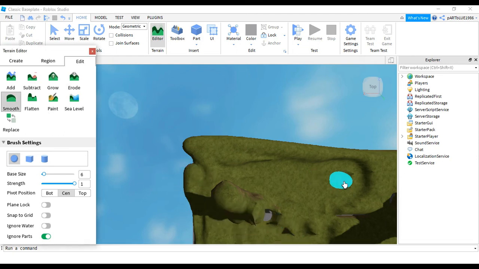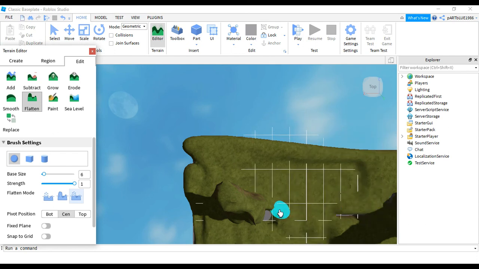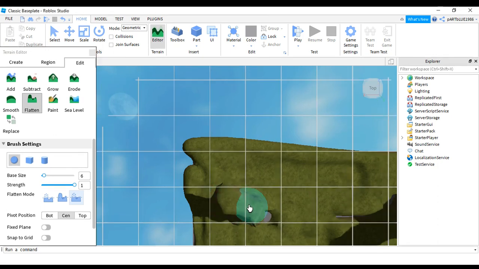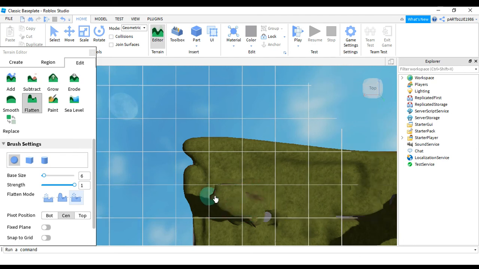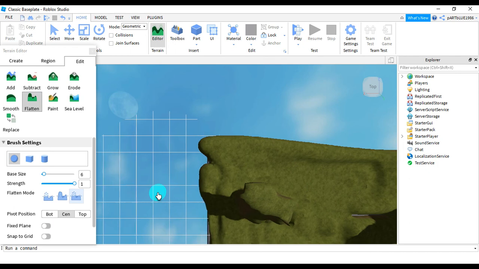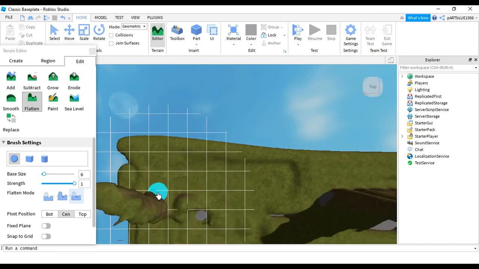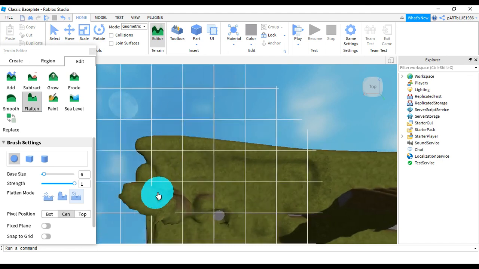Then smoothing. Suppose you have made a hole here, now you want to make it smooth. See, the edges which I am clicking here are getting smoother now. So the smoothing tool is for making it smoother. Whatever sharp edges are there will get smooth. Now flatten is, again, if you have grown something and you want to flatten that place from the top, you can just do it, see. It is making it flat from the top. If you're not sure how this is looking, maybe from the left view you can see it is looking a little bit flat from the top now. So this is about the flatten tool.